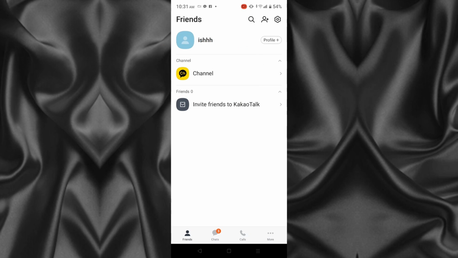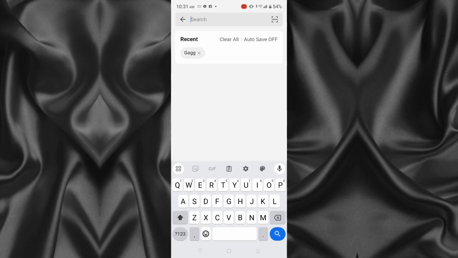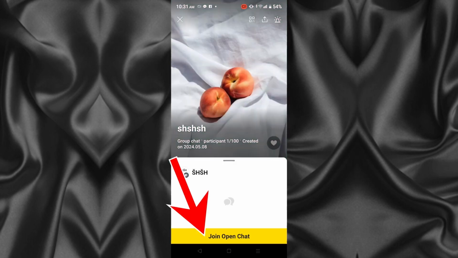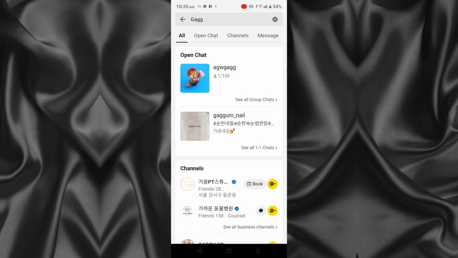The next option would be tapping on the search icon. In the search bar, you have to type in your friend's name or ID, click on the profile and tap on Join Chat. And that's it. Now you know how to make new friends on KakaoTalk. Whether it's syncing contacts, using Kakao IDs, or exploring open chats, there are so many ways to connect with others